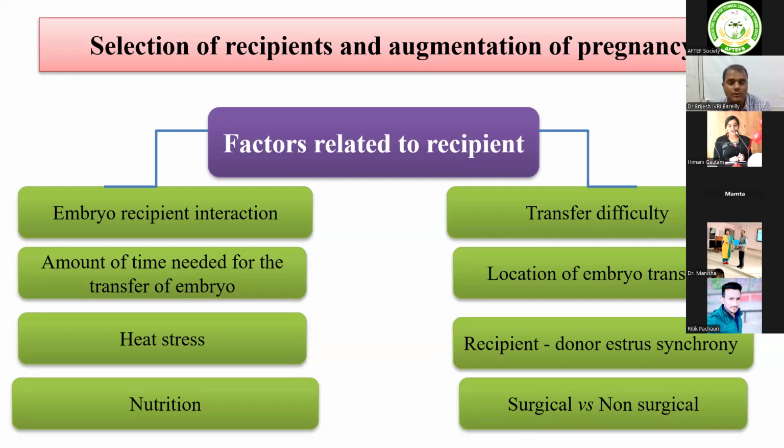So you have to see that the norm, regular cyclicity, should be there, free from infection, and the cervix should be smooth. And definitely on the day of the transfer, their CL will be of good size, and blood flow must be more than 30%, and size must be around 15 to 16 mm. So choose those, and more so, choose from those lot wherein